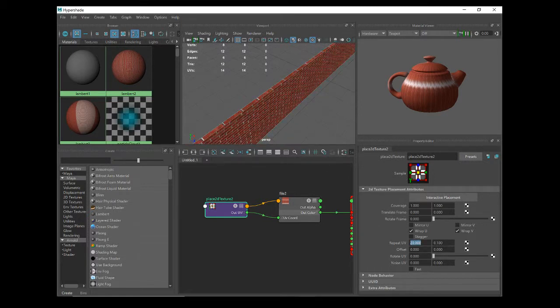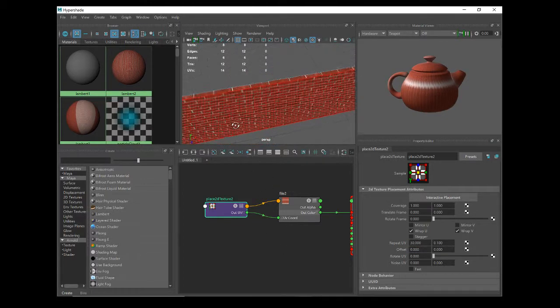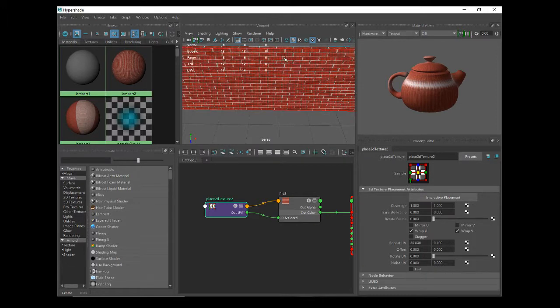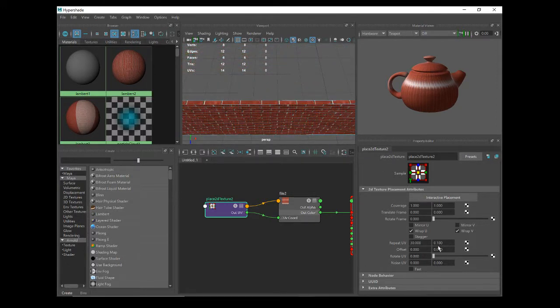Let's tweak this other one, repeat this. So if we just repeat this once, you can see it's just stretching the entire texture over the whole thing. Let's bring this up and go to like 100 and zoom in. So you can see what's happening now. It's almost too squashed. So let's go for about 30. Okay, and we're trying to find the kind of effectively the right